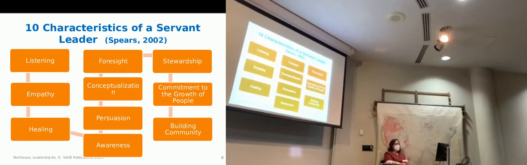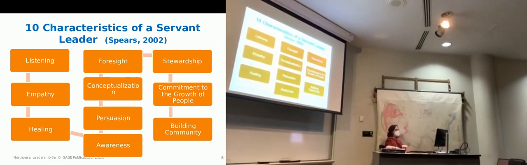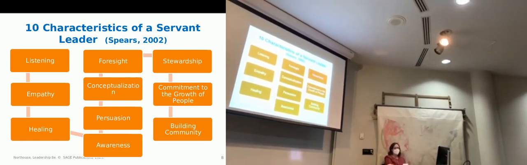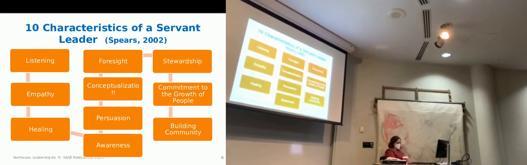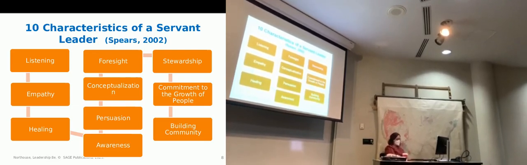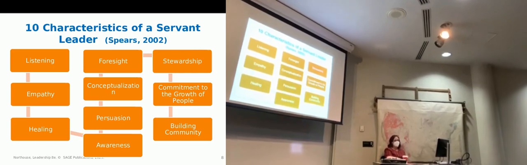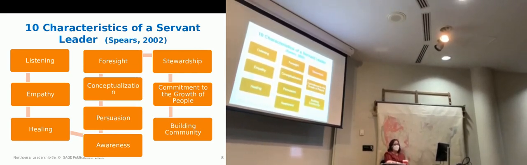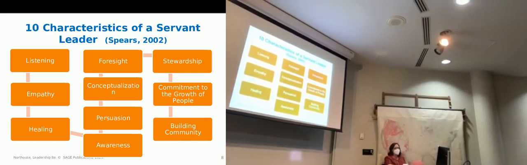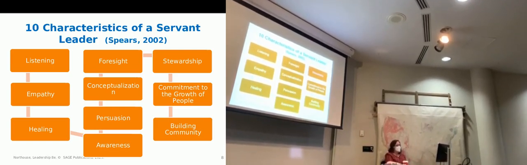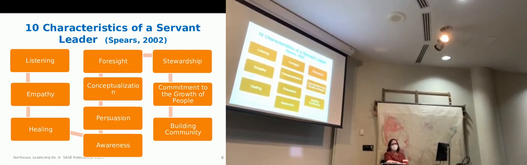Did y'all identify any lyrics that maybe had to do with building community? I feel like I stuck my head out, I caught the raindrops. Could be like if you're willing to help people in situations, just like keeping your hat out and helping others. Absolutely. Again, kind of putting those needs first and out there. What about stewardship?